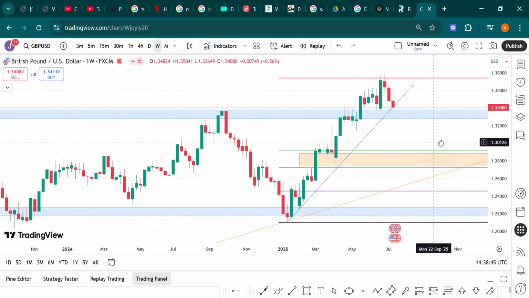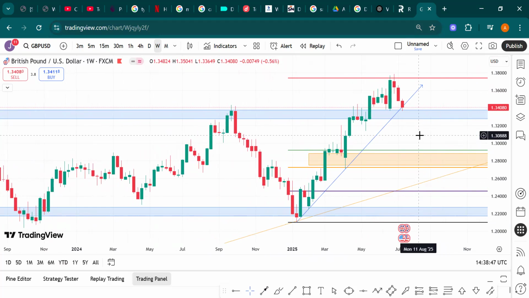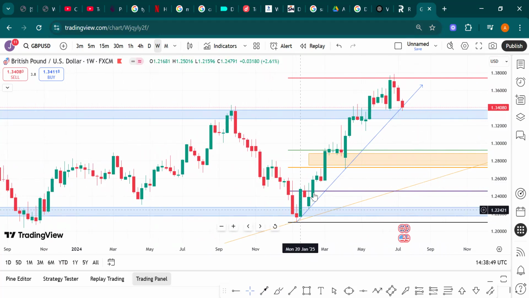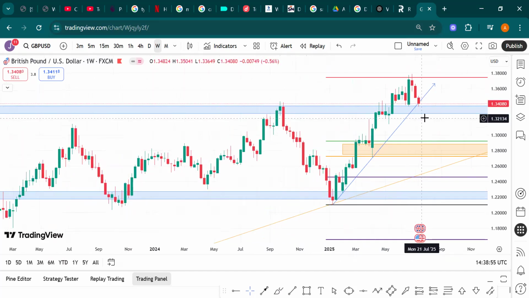This buttresses more on our initial bias that price is in an uptrend. Remember, for the rules of trading support and resistance, we buy from the support and we sell from the resistance. So because price is currently at a support zone and it is also supported by a trend line, then our bias would be to look for buy